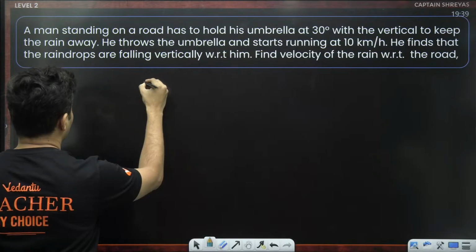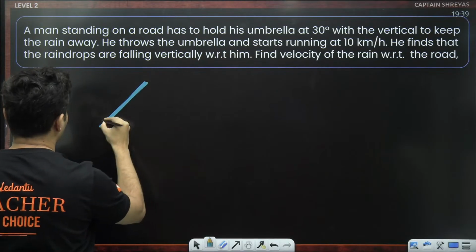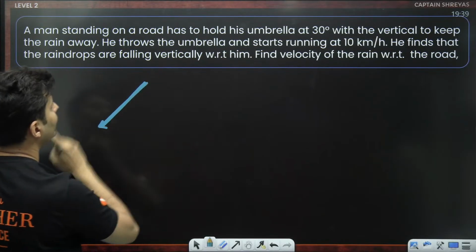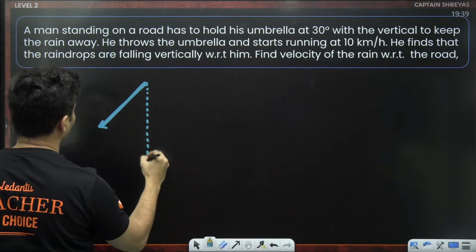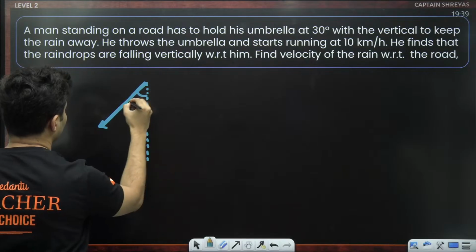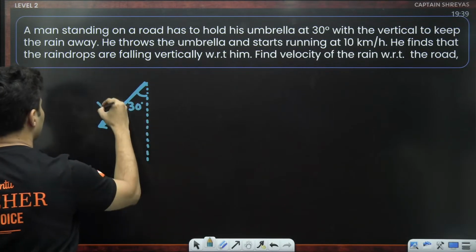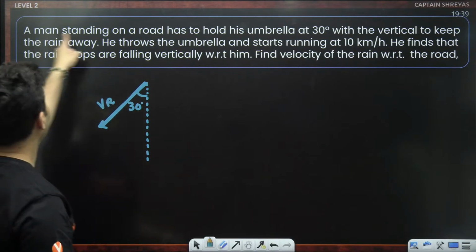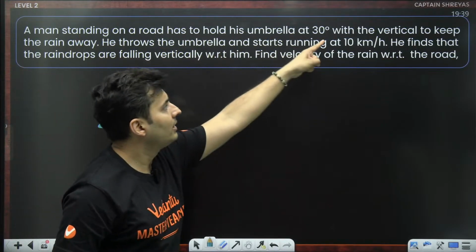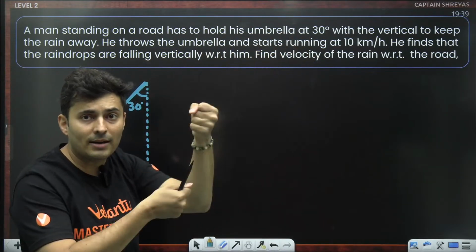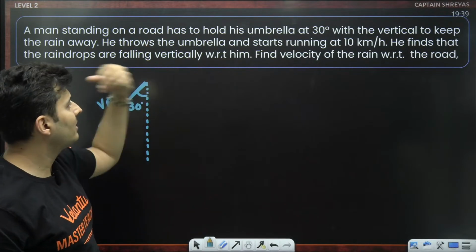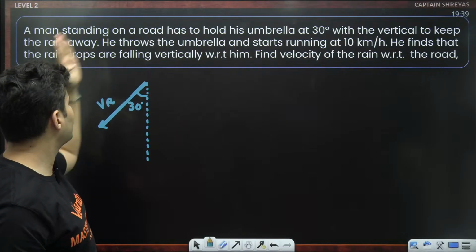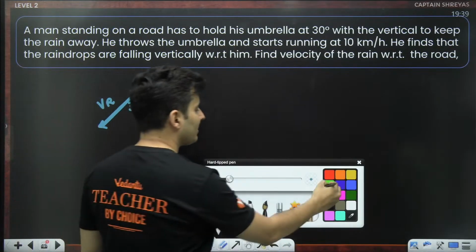So the rain actually is falling at an angle with the vertical, making 30 degrees. If you look at the vertical, guys, it is making 30 degrees. This is the velocity of the rain. Clearly mentioned, the rain is coming at 30 degrees because the person has to hold the umbrella at 30 degrees with the vertical to keep the rain away. Throws the umbrella, starts running at 10. He finds the rain is falling vertically down. That means